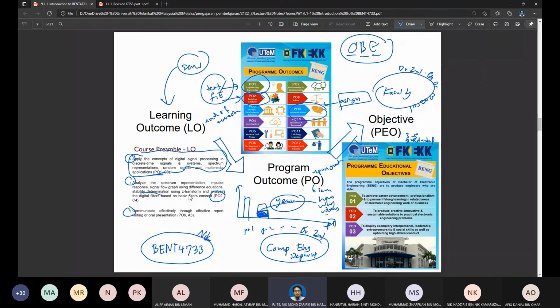This one is related to digital signal, digital filter. Basically, there will be up to the second half of the syllabus content. This is the first half, this is the second half. If you do not understand this, it would decrease the performance for PO2, for one student or for 42 students of Band R. It depends. So that is what we must support together, because this system starts from